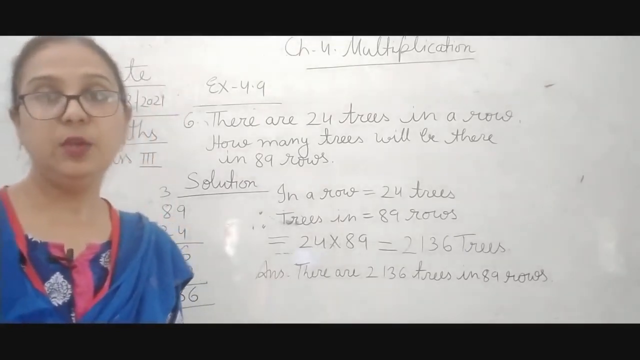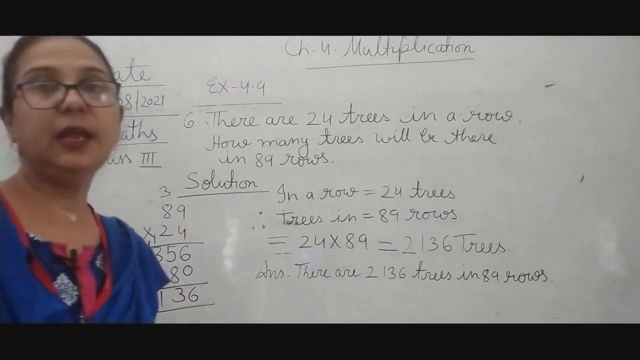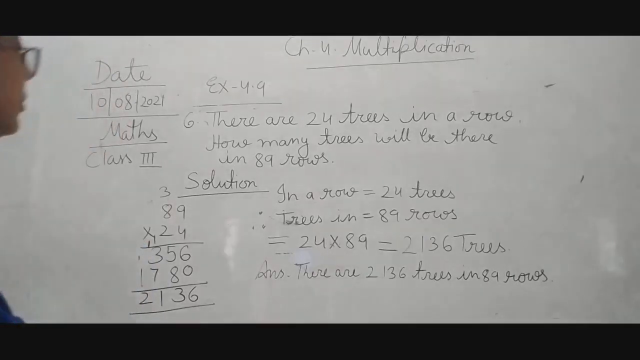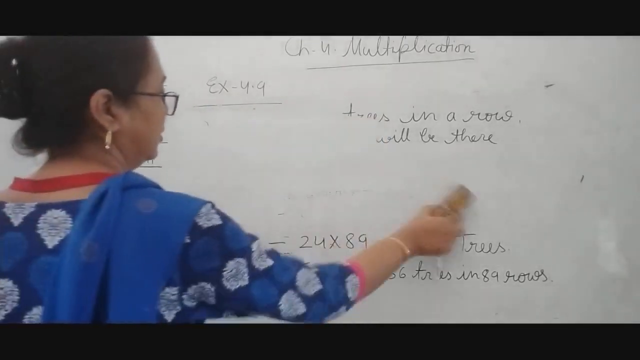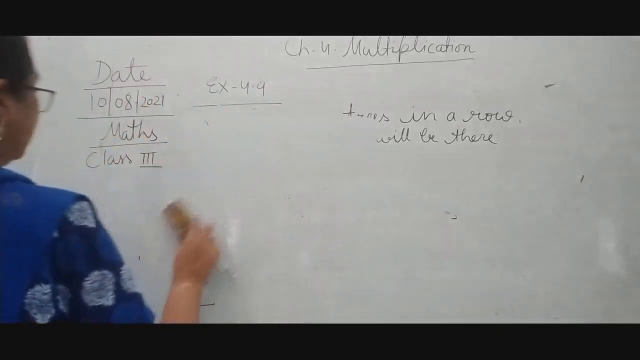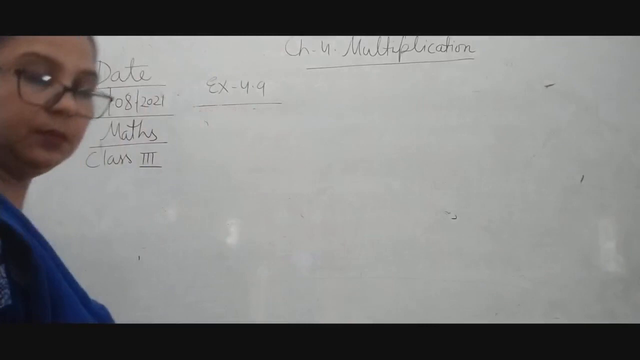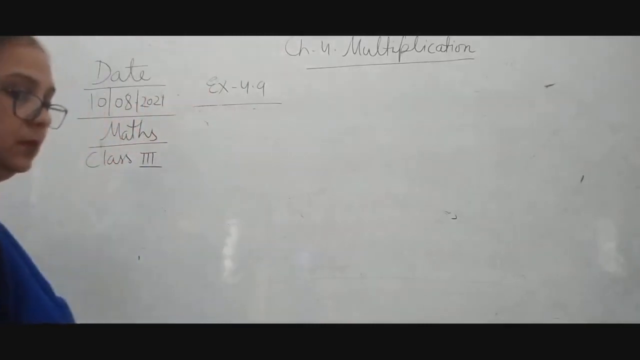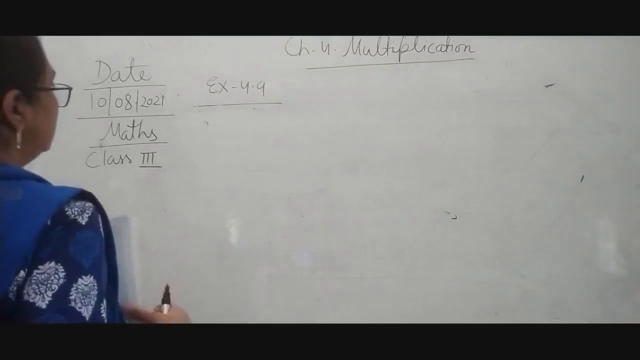So that we are going to find out. So children, complete this. Now after that we are going to do 7 number. Take a screenshot. Now we will do 7 number. So 7 number is